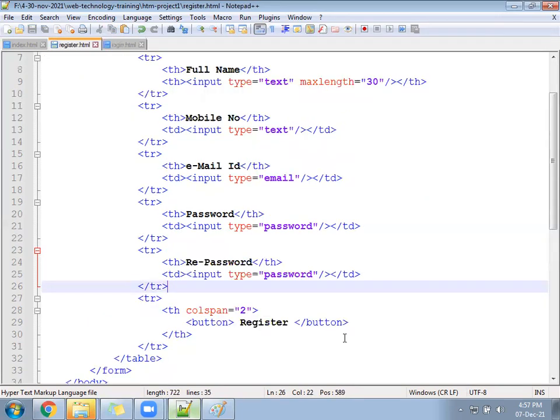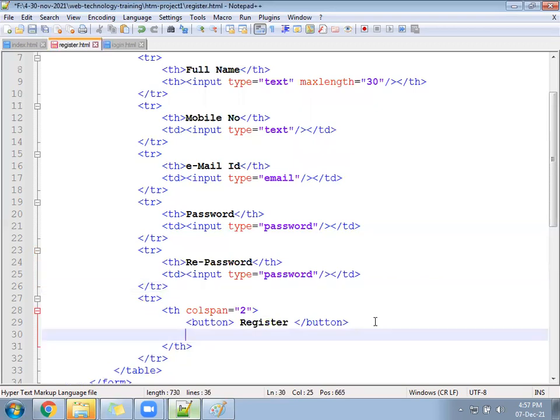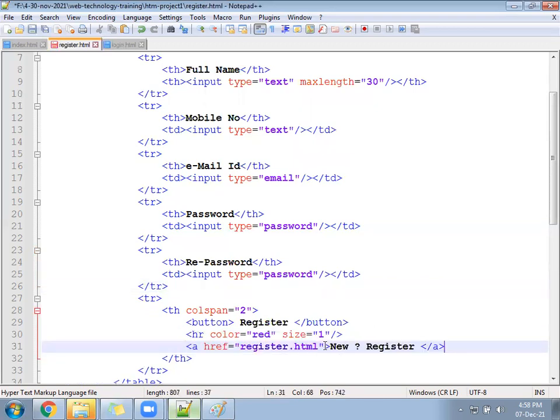In the register file, after the button, you can keep here: registered already, then go to login. Register already, go to login.